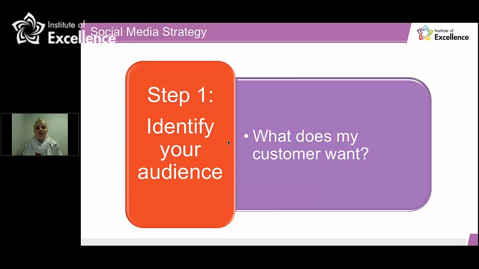today, really have a think about what does my customer want, and why I specifically always use this question is to tap into, when it comes to creating your content, whether it's a Facebook post, your next blog post, or the next email newsletter you're going to put together, the more you answer this question, the more you come up with the content that is going to really resonate with your audience.